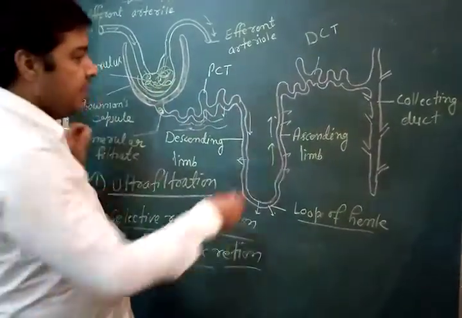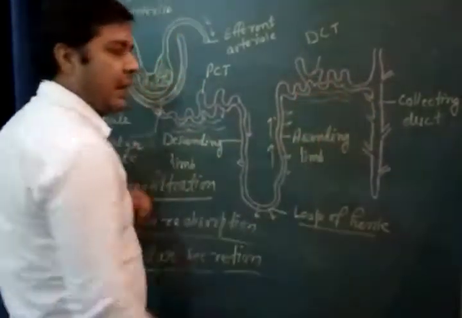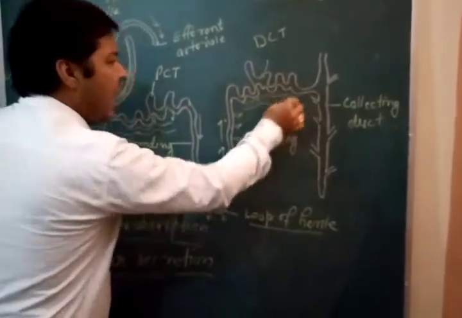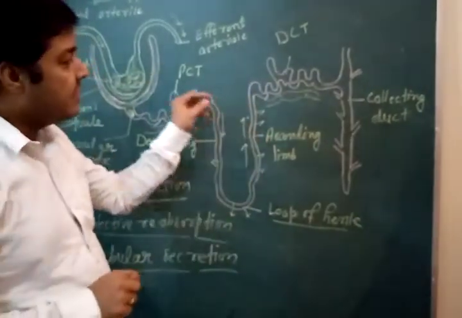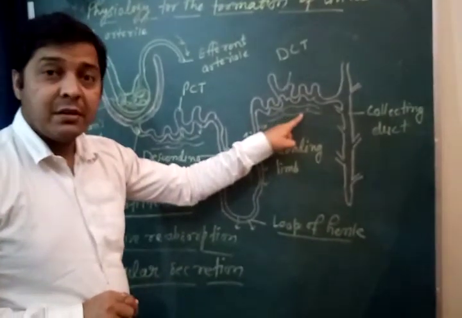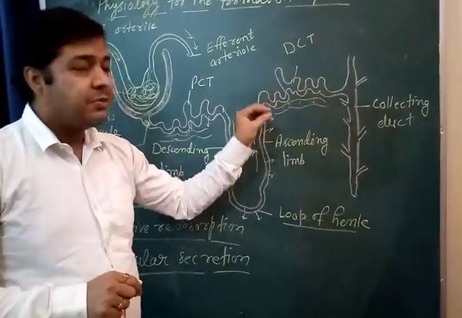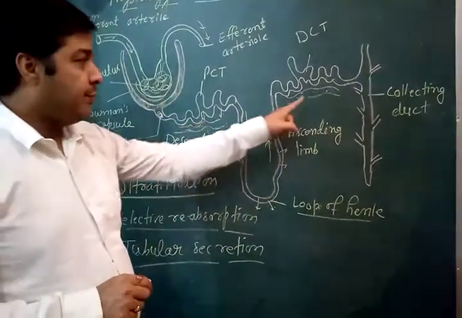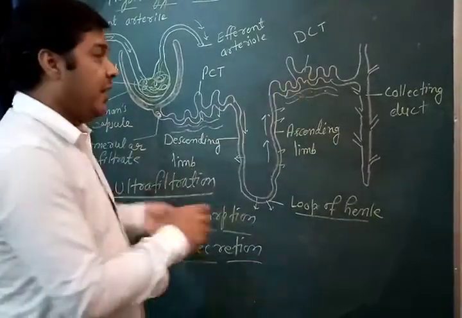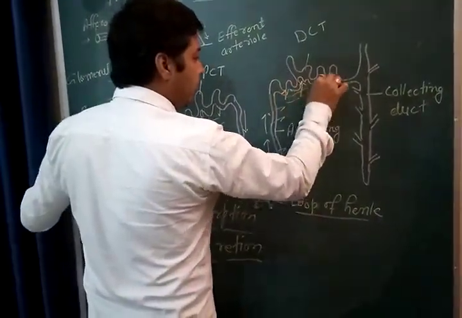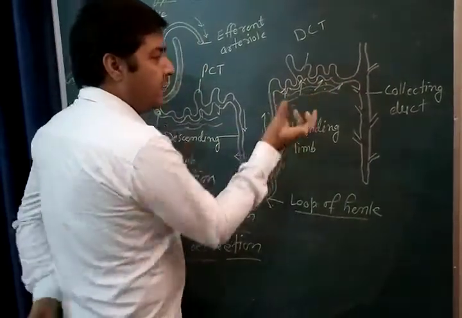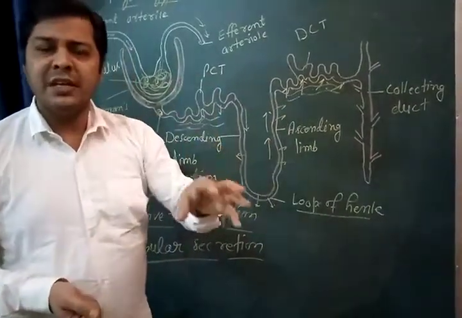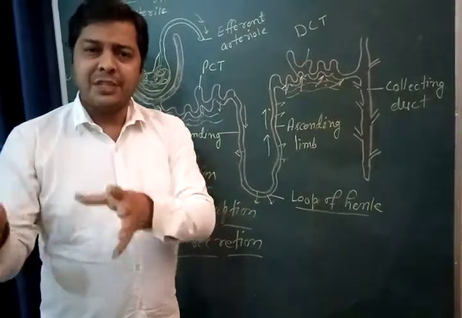What happens? Still this is also surrounded by capillaries, blood vessels. So from this blood, whatever harmful substances are present inside the blood of the capillaries, those substances are secreted. What is tubular secretion? Secreted from the blood to the DCT. It means here we see these kinds of structure. You see, from the blood some substances are moving, maybe urea, uric acid, hippuric acid, creatinine, phosphate, sulfate.